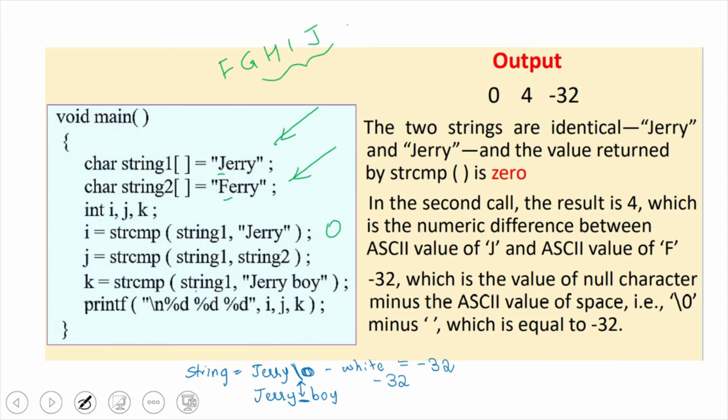So we have got a difference of 4 starting from F to J. So 4 will be printed over here. Then next,